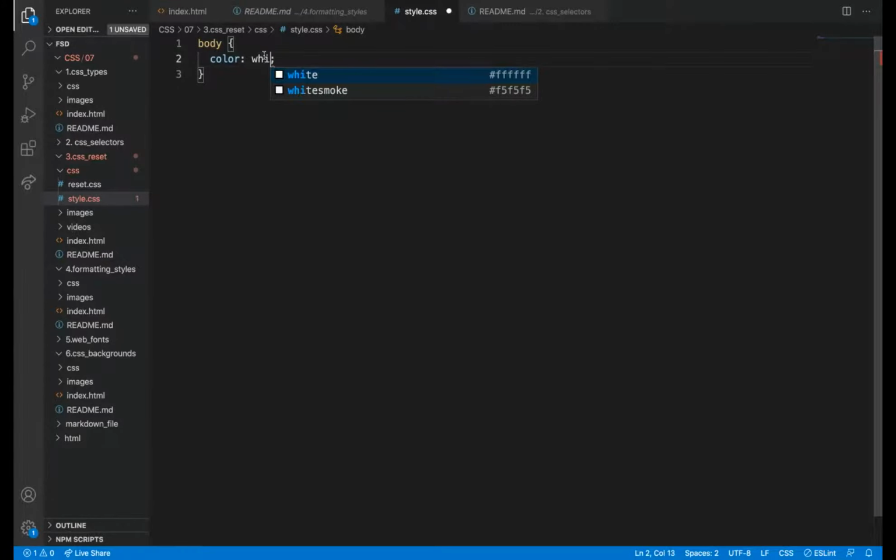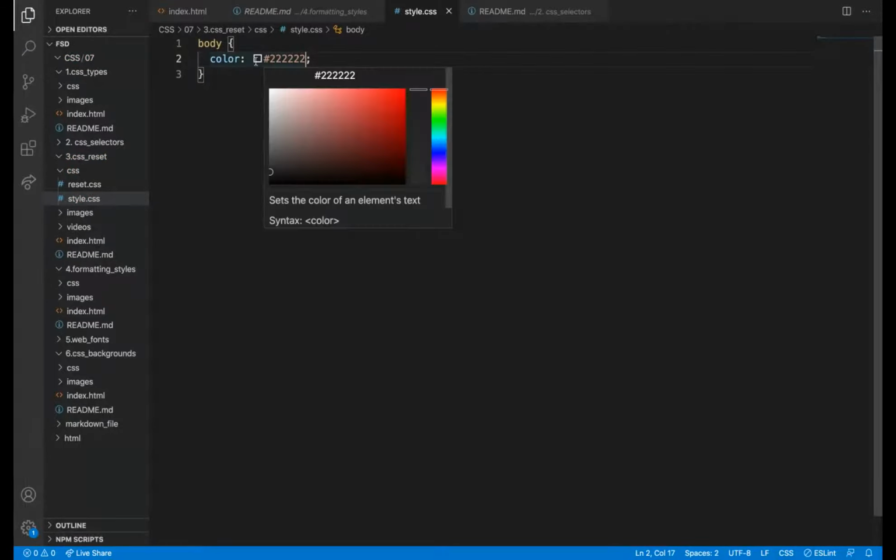I can give black. But because I want a little bit of shade difference, this is also a color. You can see here, if you hover on it, it will come. These are all kinds of black color, but with a little shade difference.